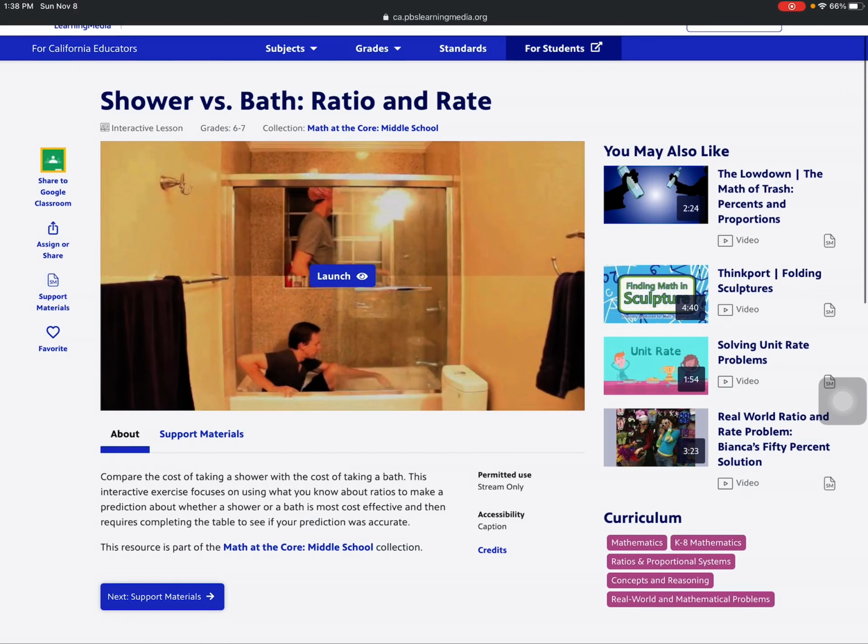Hello. So last week, our students finished the number sense standard for math. And now that the basics are finished, it's time to introduce my students to ratios and proportions. For sixth graders, this is an introductory standard, meaning that it's their first time being presented with this type of